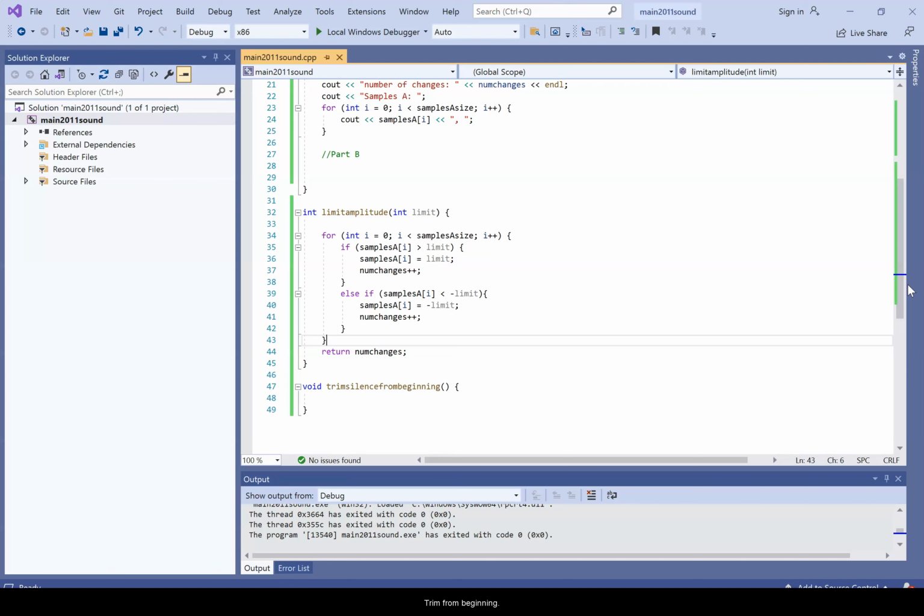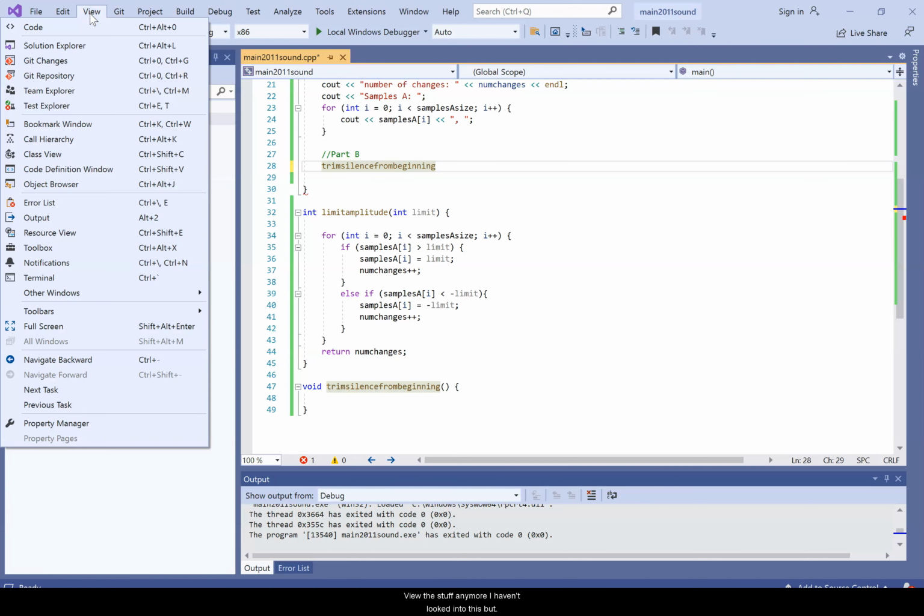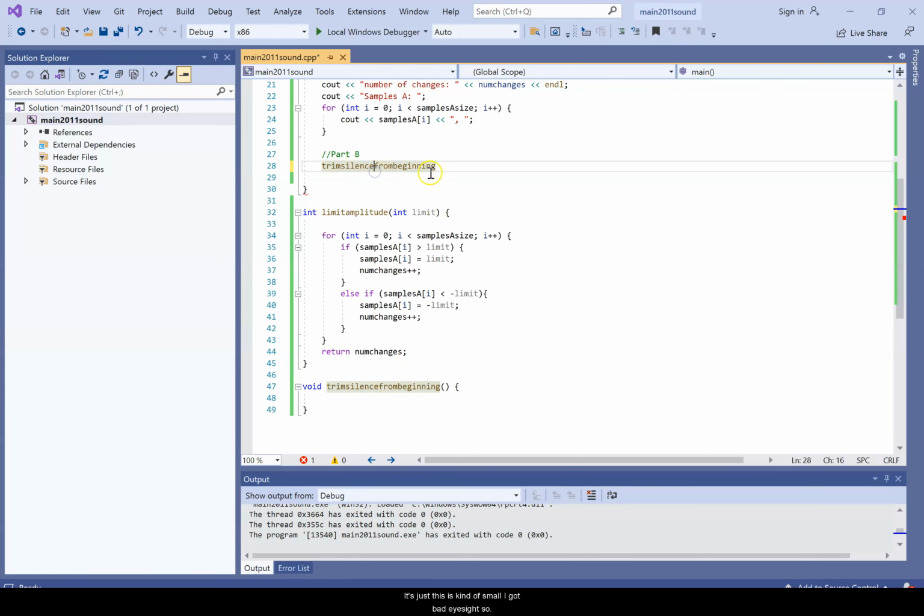So trim from beginning. Okay, so for part B, trim, you know what? And I apologize. I wonder if I can view this stuff any lower. I haven't looked into this, but this is kind of small. I've got bad eyesight, so if you feel like this guy's taking forever, I apologize. All right, so